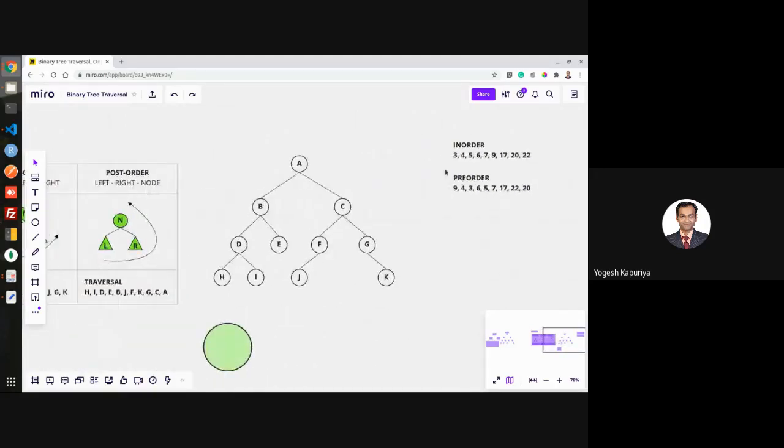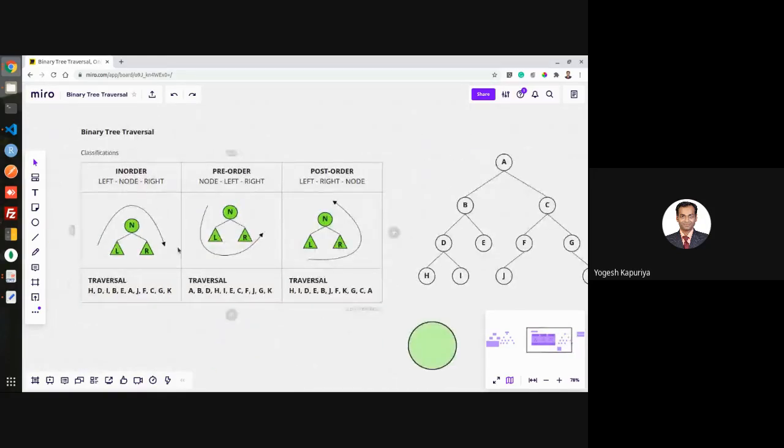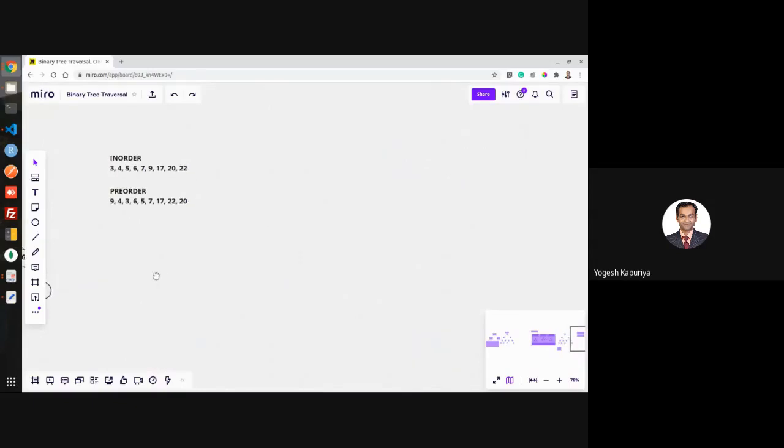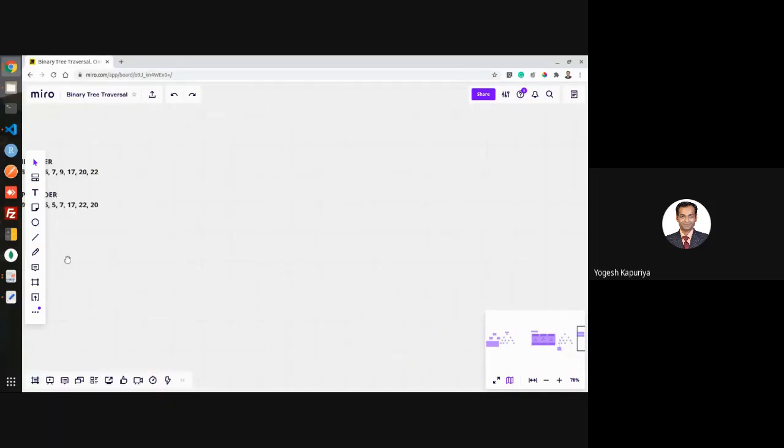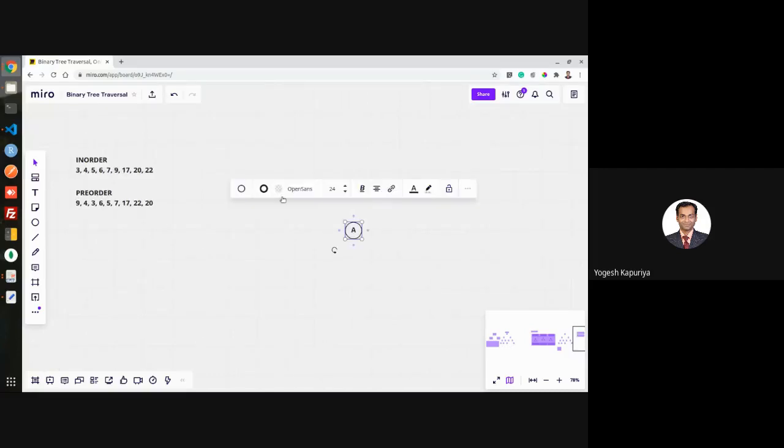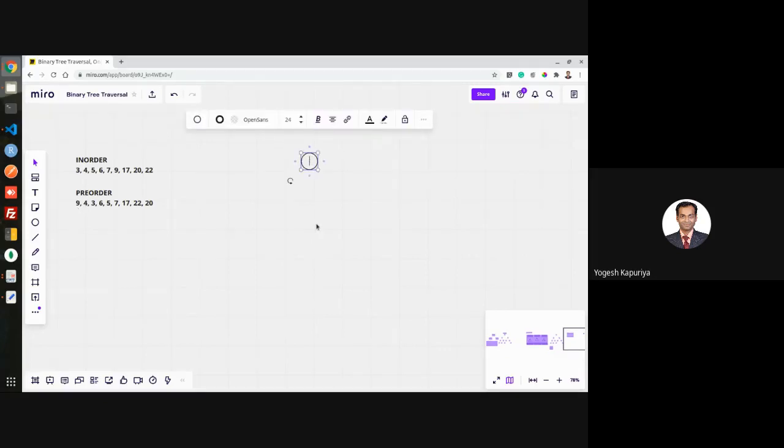And then you can apply your logic that in pre-order traversal, the first node is the root node. In post-order, the last node is the root node. So the first thing you should identify is what my root node is, because that will lead to the tree. So what is my root node? Because it's a pre-order traversal, 9 is my root node.